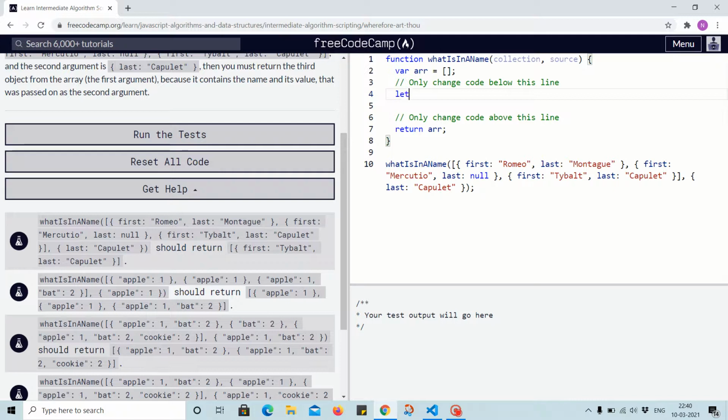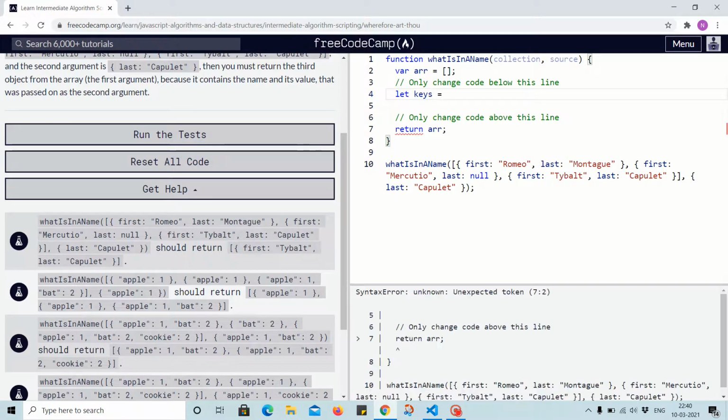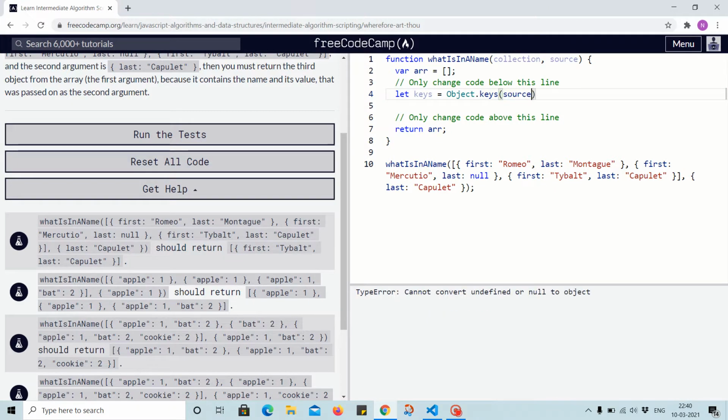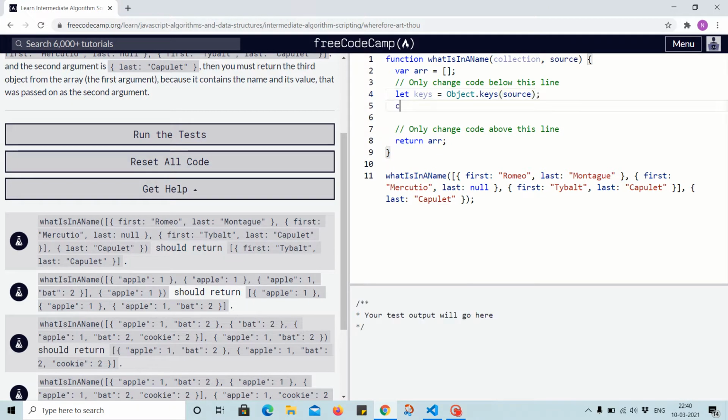First let keys equal to Object.keys from source, and console.log keys. Okay, we got the keys. Now